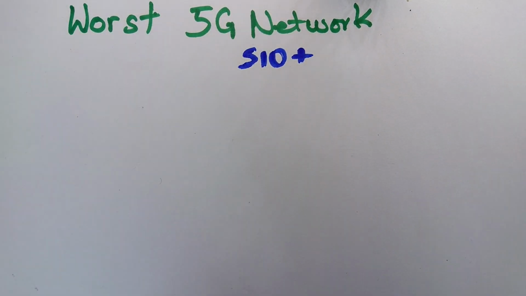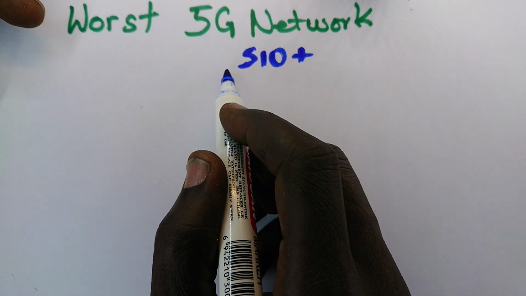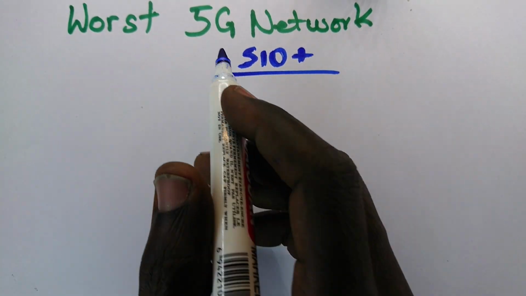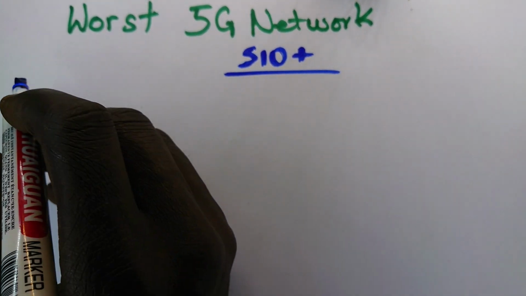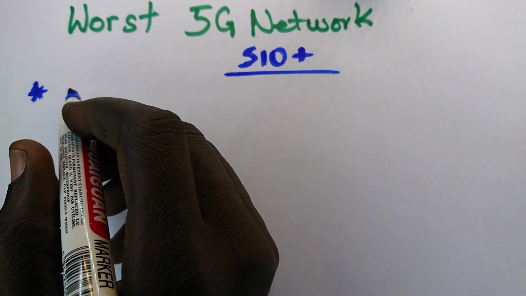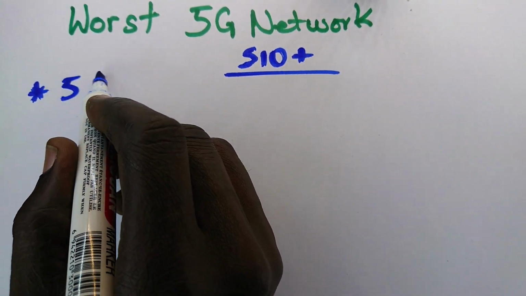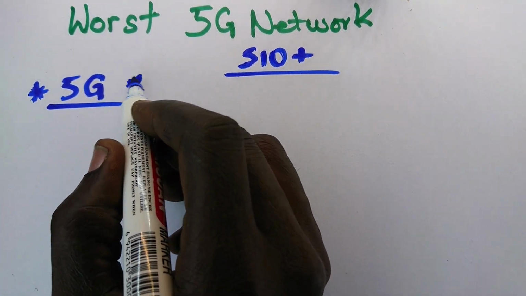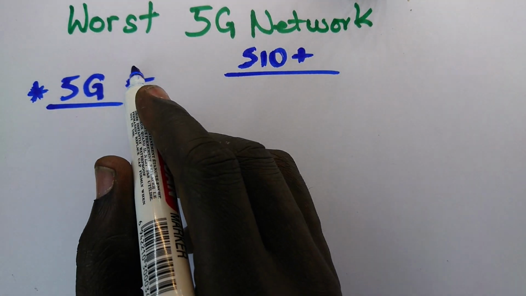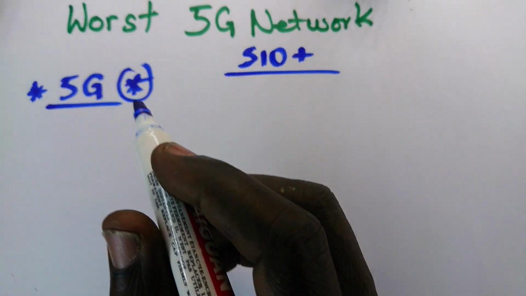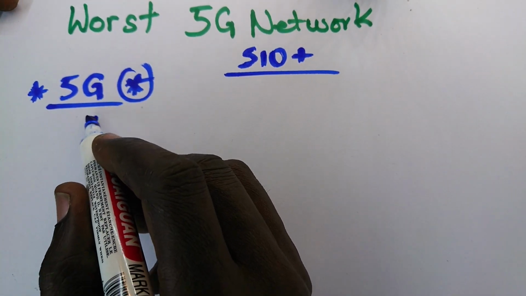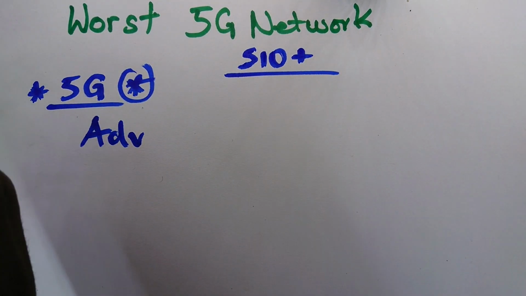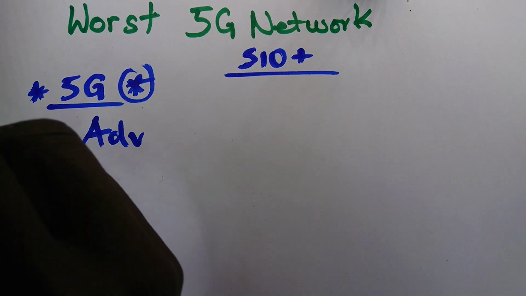Now, the idea wasn't to insinuate that the S10 I worked on, or the S10 Plus in particular, has the worst 5G network. But for that particular phone, it was the worst idea for the client to turn on the 5G signal in their antenna. But before I tackle why that was the case, let me just brief you on the advantages that 5G tends to have over 4G, because 4G is the next comparable thing.